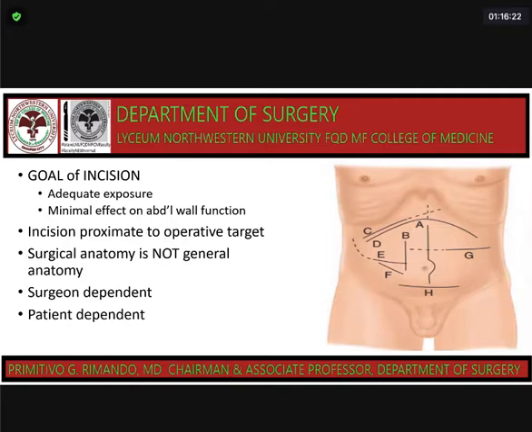Okay, so for example, we do not make a very big incision so that you can see everything, because that would be very morbid for the patient, to be taking care of a very large incision. Okay, so that's why some people who don't understand this would say, Doc, you were already inside my abdomen. Why didn't you see, for example,